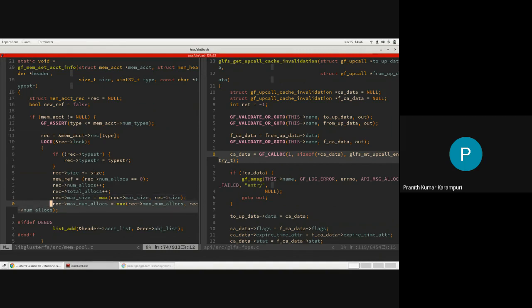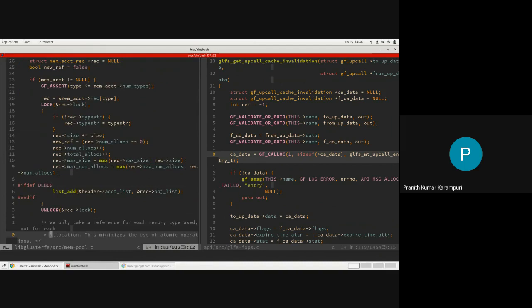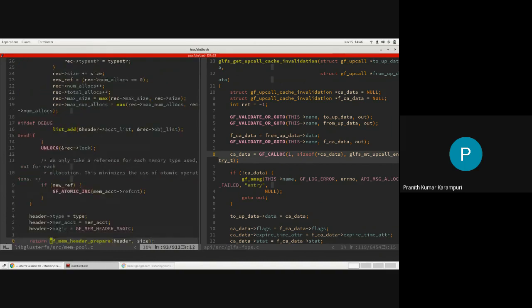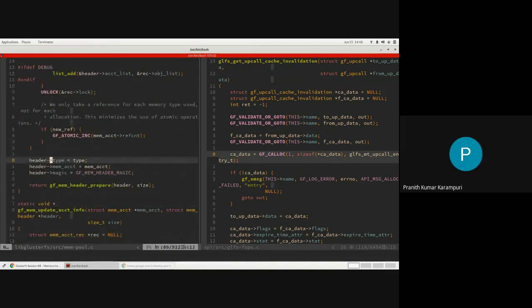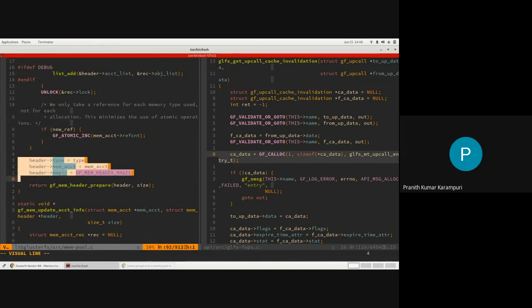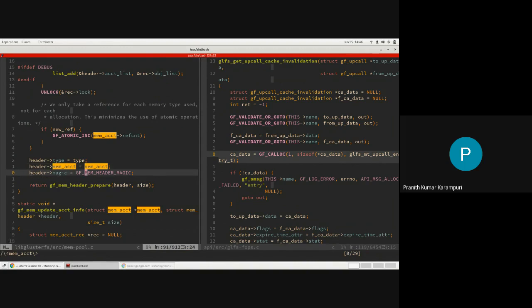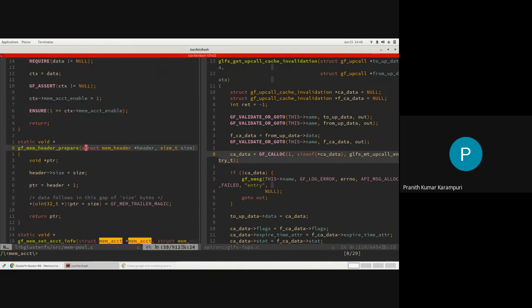Similar for number of allocations also. Then you actually add the header, which is like the type, memory accounting record, the structure pointer, and so it will do a header prepare.